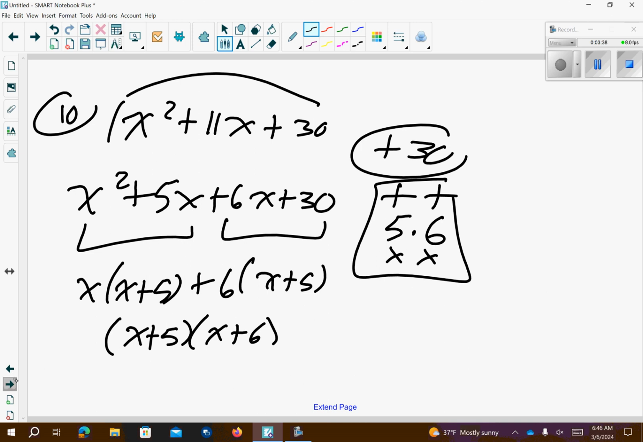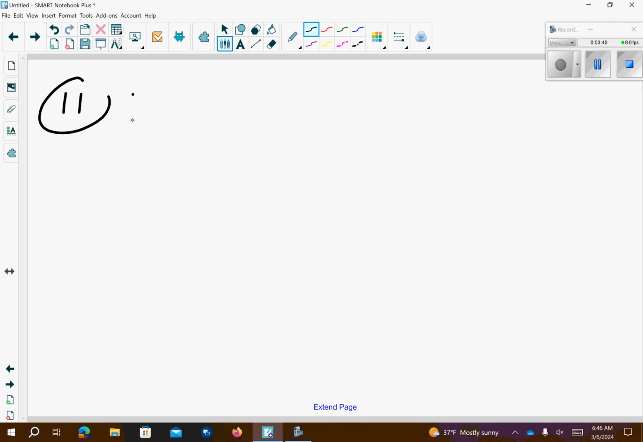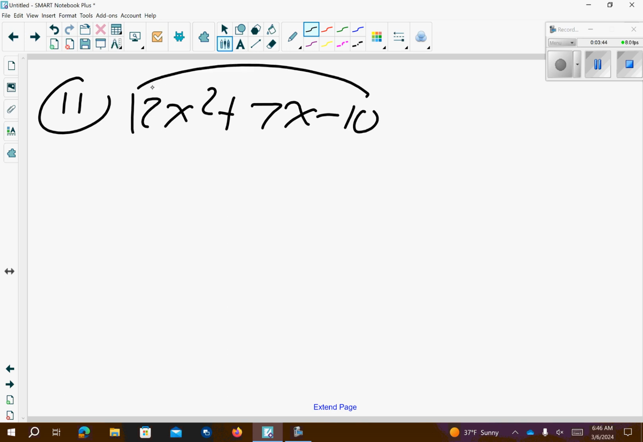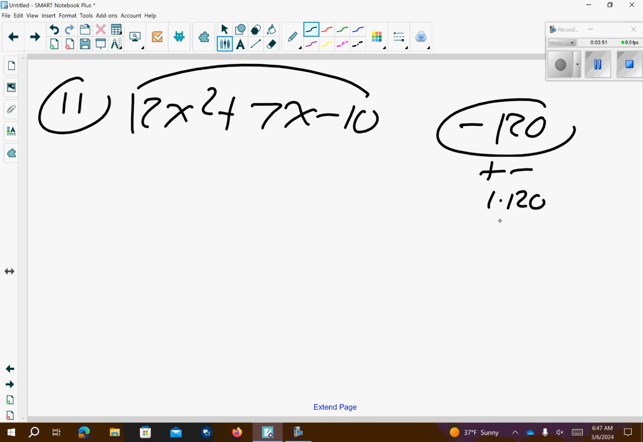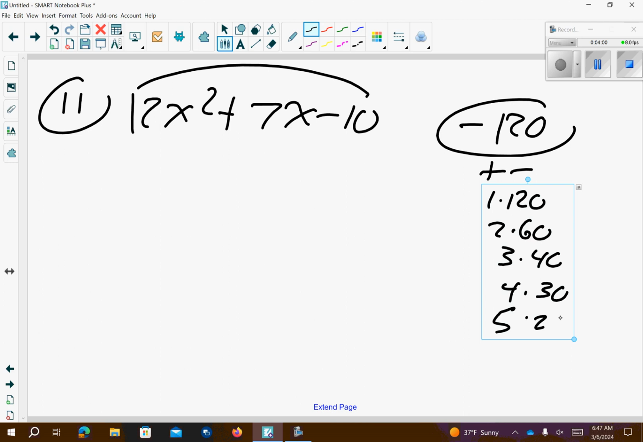Number 11, 12x squared plus 7x minus 10. Multiply those together, I get a negative 120. So positive and negative. So 1 times 120, 2 times 60, 3 times 40, 4 times 30, 5 times 24, 6 times 20, 7 doesn't work,